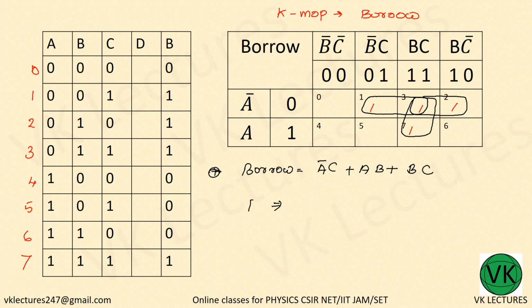So borrow is equal to this is A bar only, A bar B, A bar here, A bar is remaining, BC and BC bar, C bar will go, B will remain, so A bar B. So B dash or the borrow is equal to A bar B plus A bar C plus BC. So this is the borrow for the